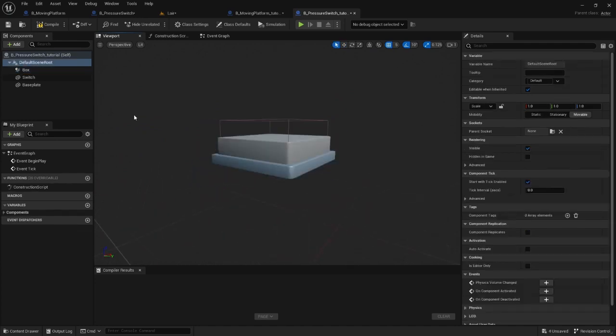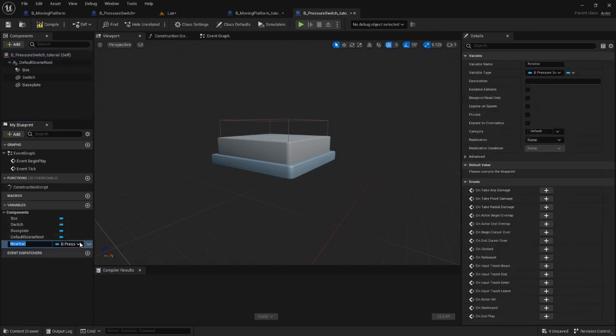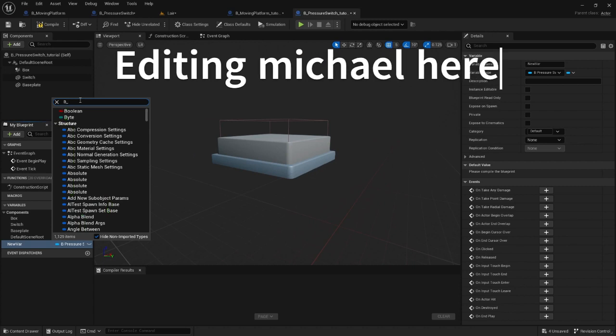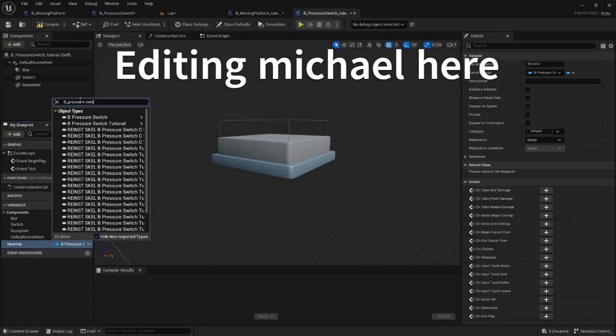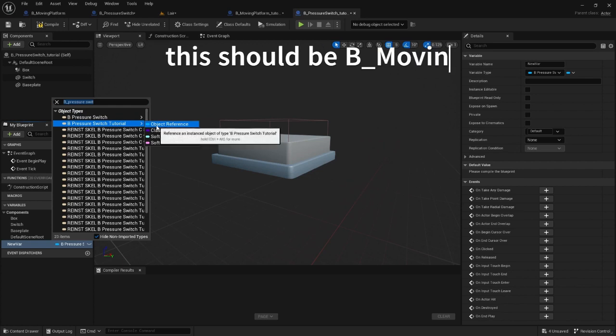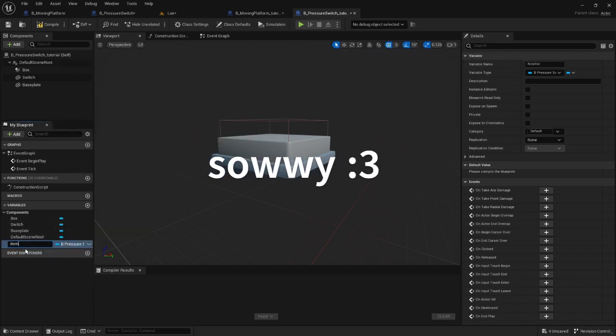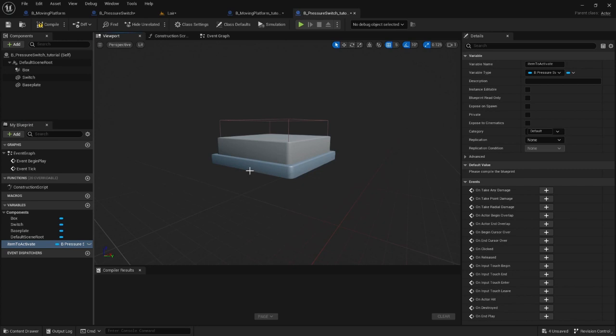Okay, one final step before we start working on the basic moving platform is we're going to come over to variables. We're going to click plus. Here, I'm going to select a B_PressureSwitchTutorial. And we're going to select object reference. And we're going to name this variable itemToActivate in camel case, just like that. So this is going to allow us to either activate or deactivate the moving platform from within the pressure switch's